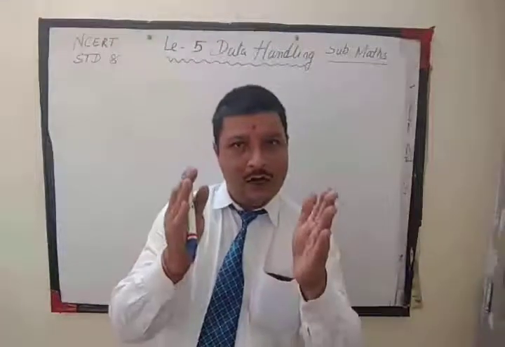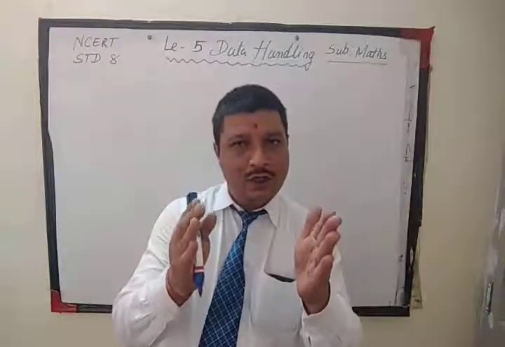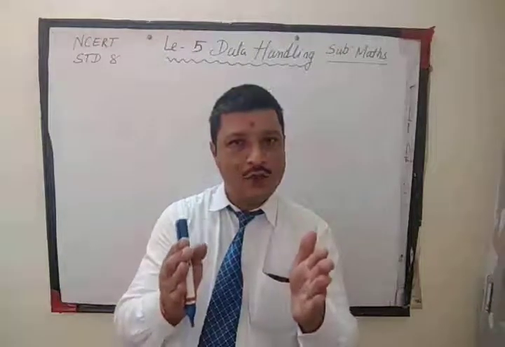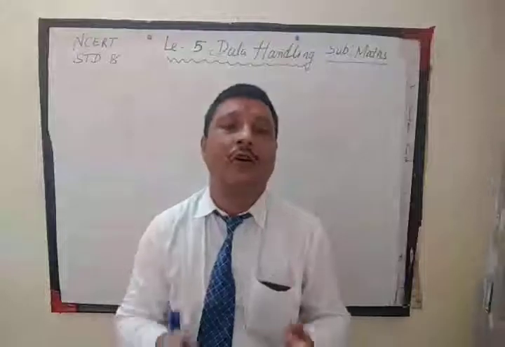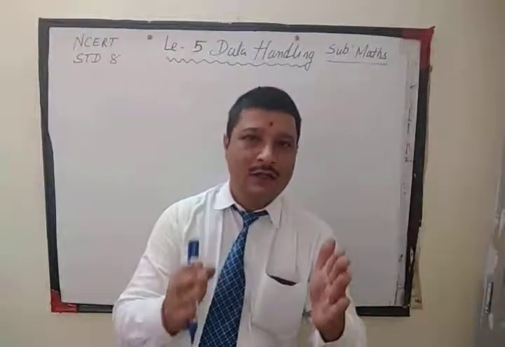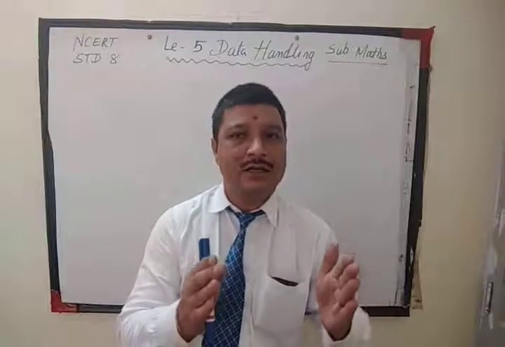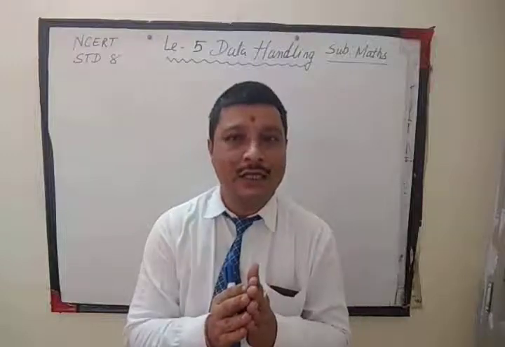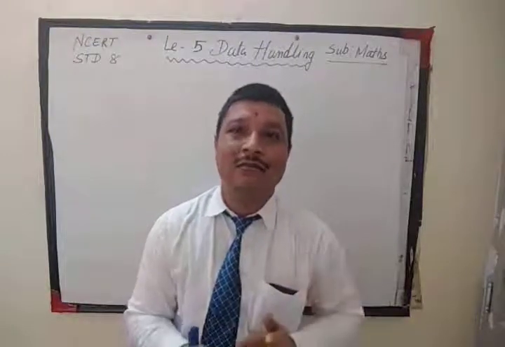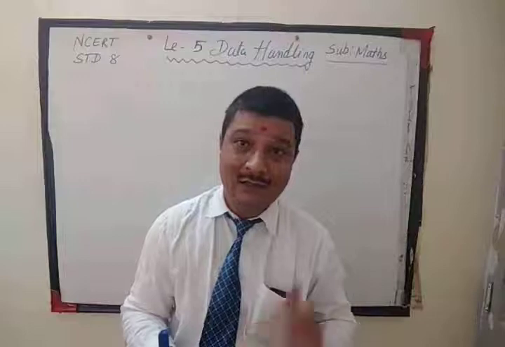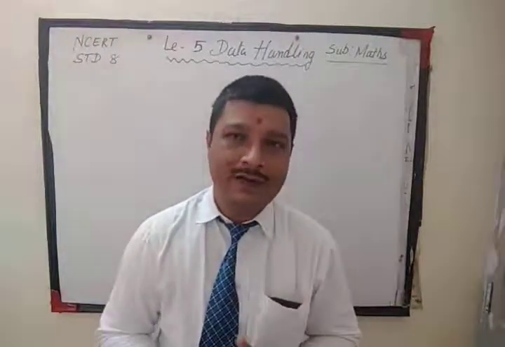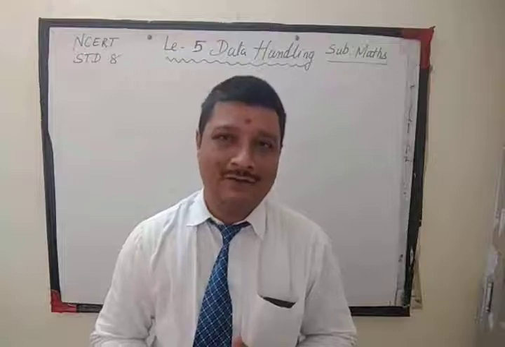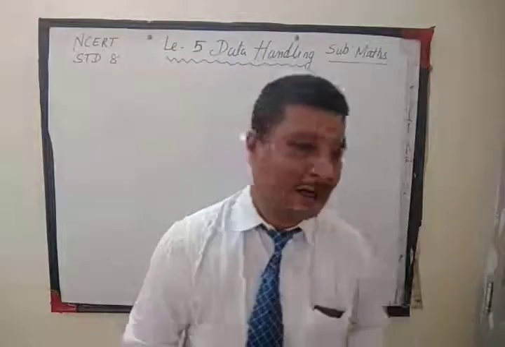Raw data or the information given to us in the form of observations can be presented in the form of pictures, that is pictograph. Now this presentation can be given in another way also, and that is bar graph. So here I am writing some information related to the raw data we have and how we can present it on the graph. Okay, that is bar graph.